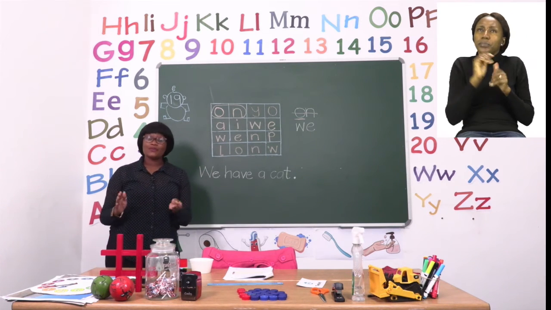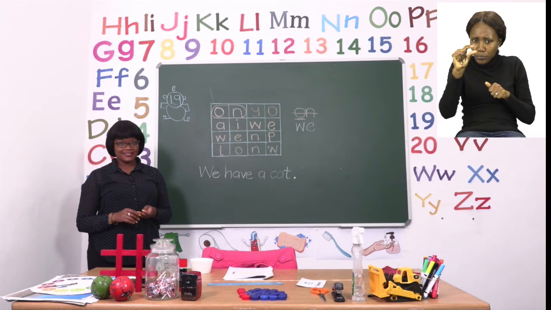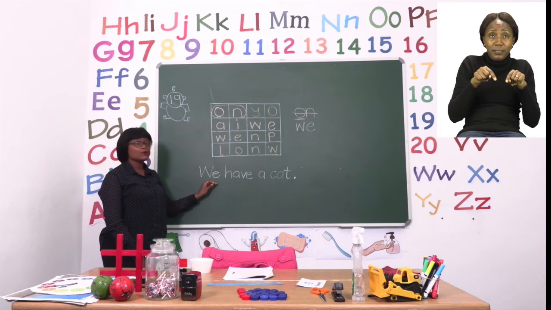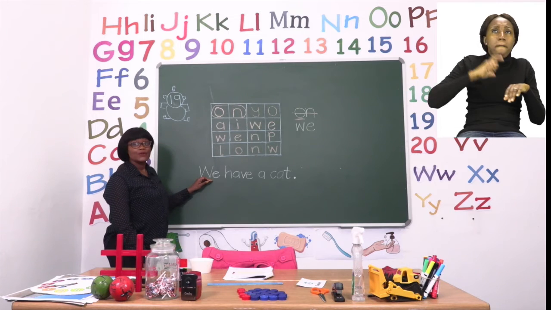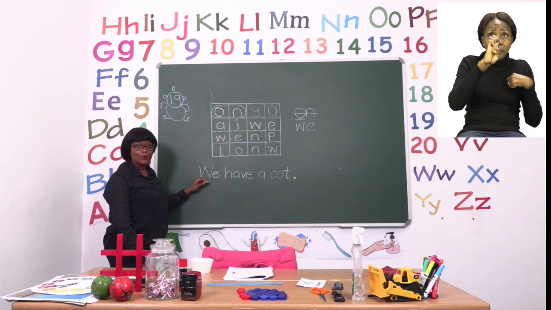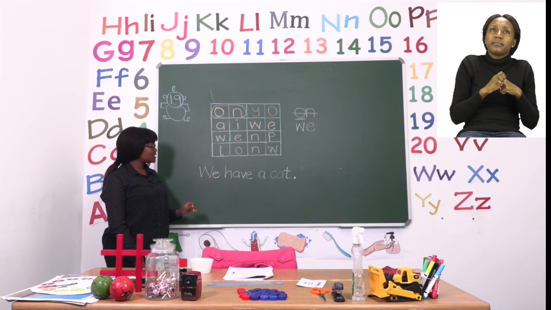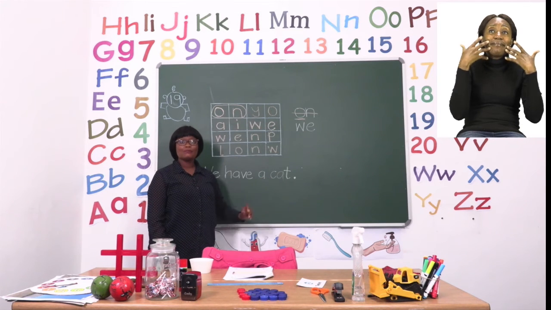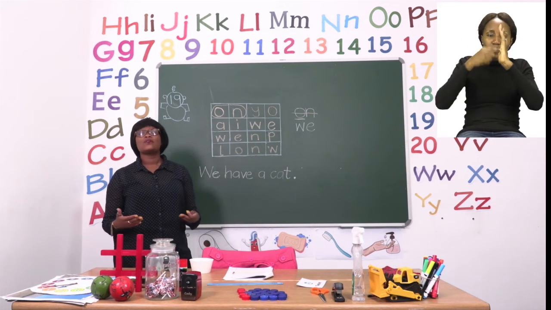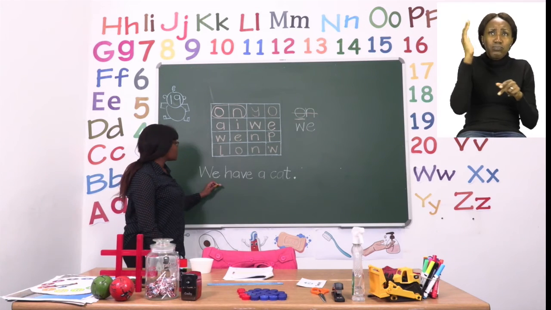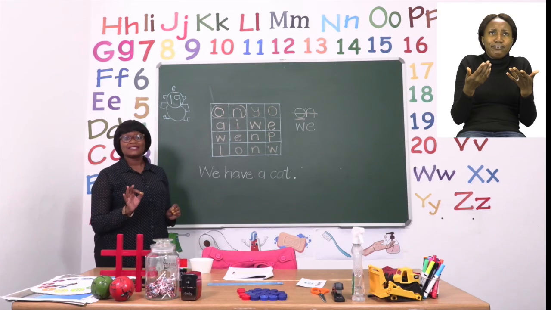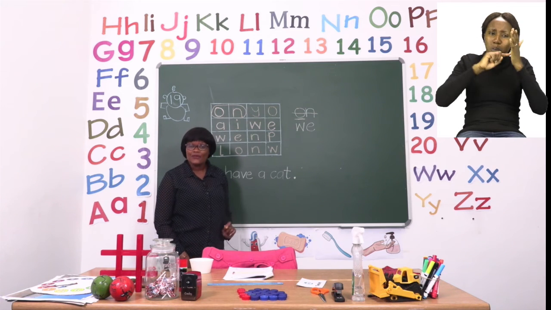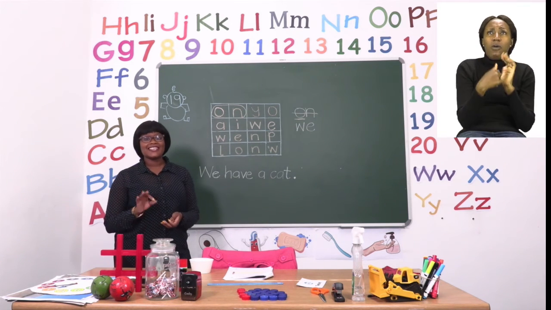Remember, a sentence is a group of words put together that make sense. We are going to do a sentence with the word we. The one I've written on the board starts with a capital W. So make sure that yours has a capital W. Then the sentence I have written is, we have a cat. Remember, boys and girls, use words you already know how to spell. So if you're going to use these words, make sure you know how to spell them. Don't forget to put a full stop at the end of your sentences to show that your sentence is finished.